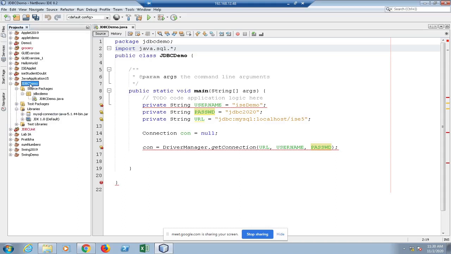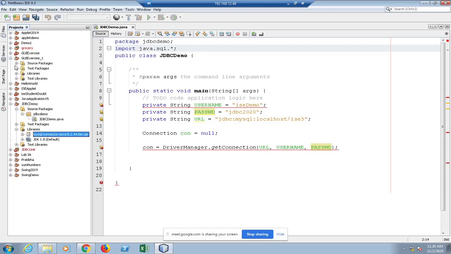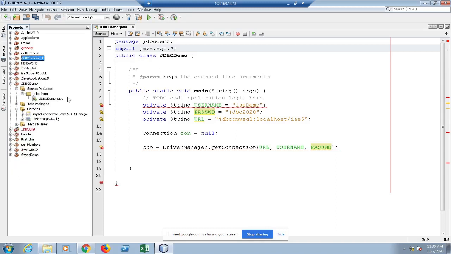Suppose we are working on JDBC demo, so ideally I should be adding jar file to the libraries folder of JDBC demo. What they would have done is they would have opened some other project folder and they'll add it here. Obviously it will not work. So take care of such errors. I hope the procedure of making use of jar in your project folder is clear. Okay.